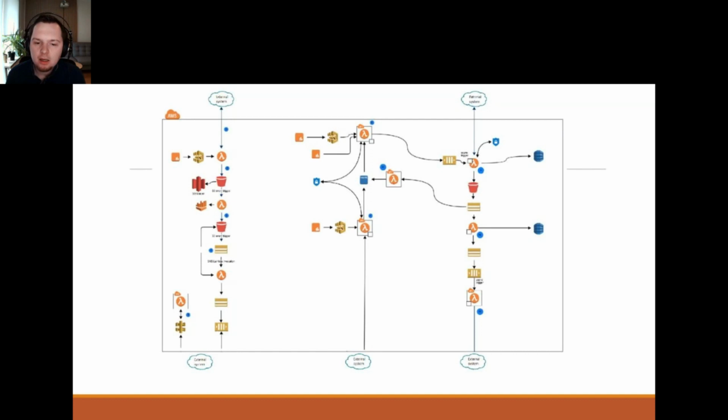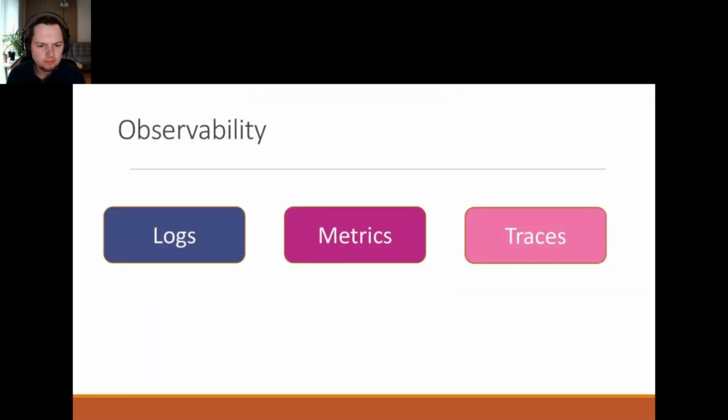So to operate and troubleshoot this in a good manner, you will need proper observability. What I mean by observability, you probably know, but there are a few things that you have to make sure are there.